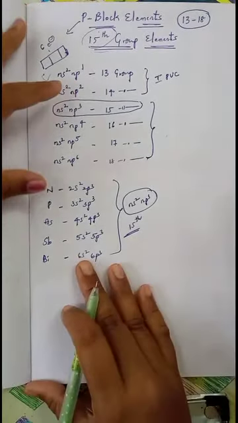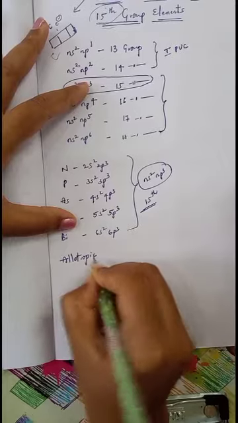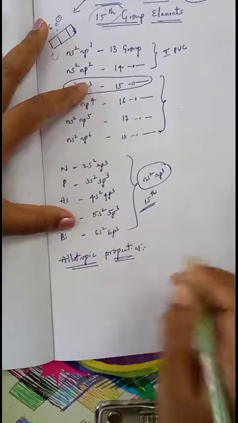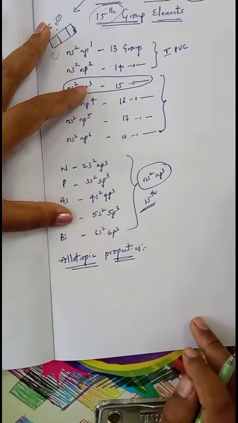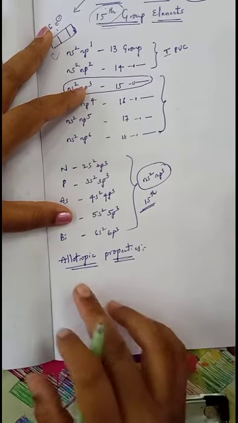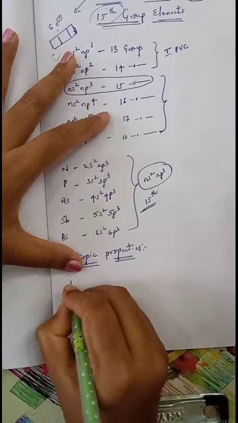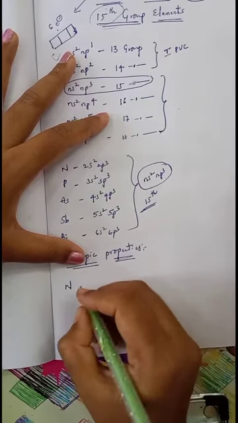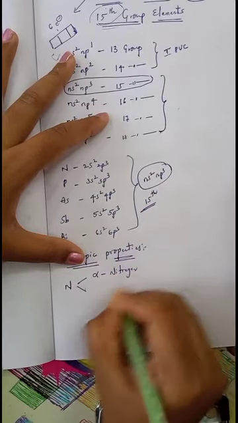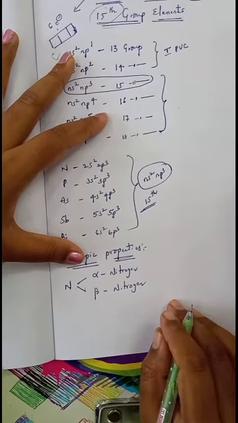Now we want to discuss the properties of these elements. First, we will discuss the allotropic property of 15th group elements. Allotropy is when elements have the same chemical formula but exist in different physical forms. These elements can show different types of allotropic forms. First of all, nitrogen. Nitrogen allotropes are of 2 types: alpha nitrogen and beta nitrogen.